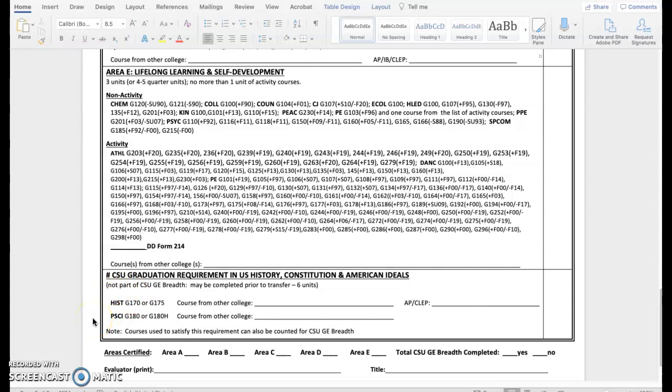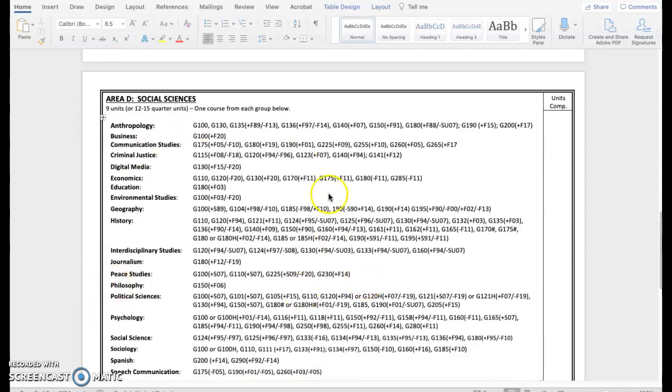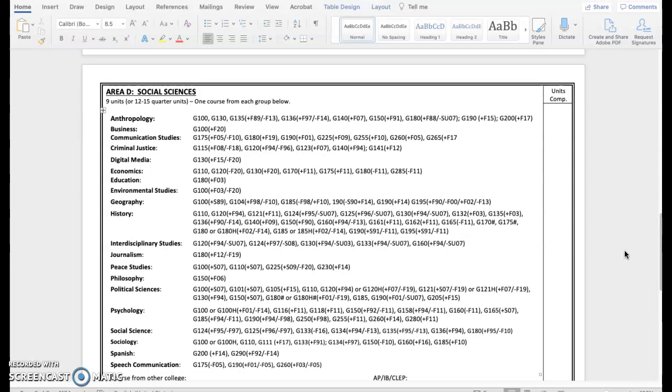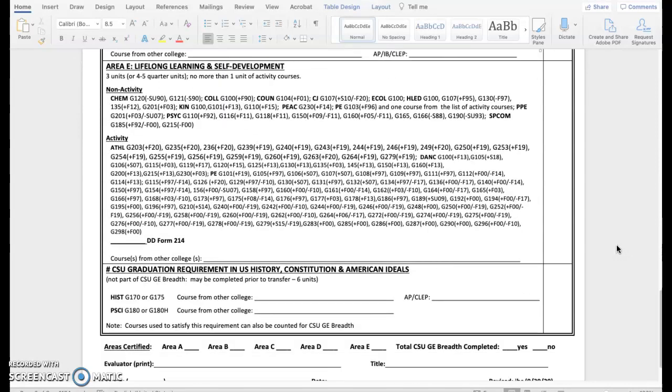So in order to meet this requirement, you would take either History 170 or 175 and Poli-Sci 180. And as I mentioned, these classes can be used in another area, such as Area D for social sciences. Now, normally, you cannot use 1 class to fulfill 2 different requirements. The only exception to that, again, is going to be the CSU requirement here because this is not part of